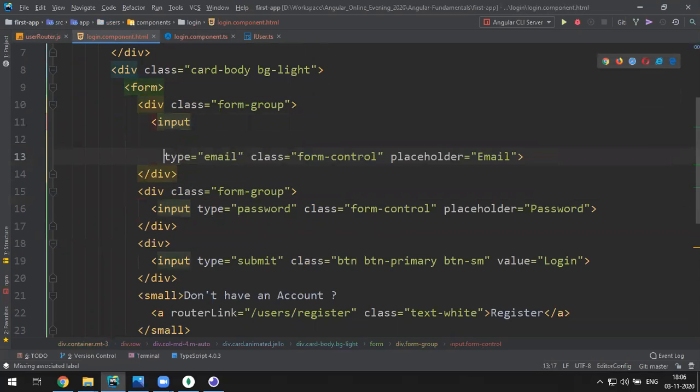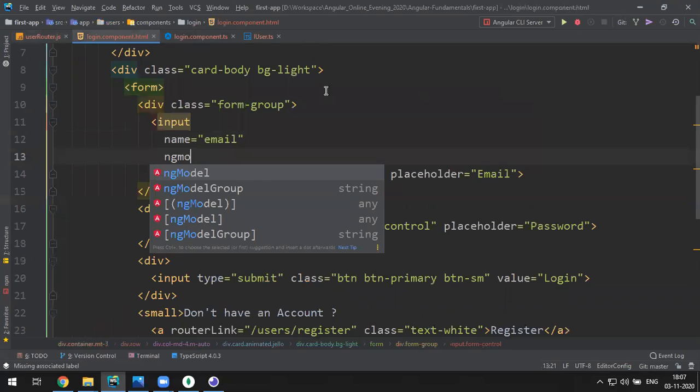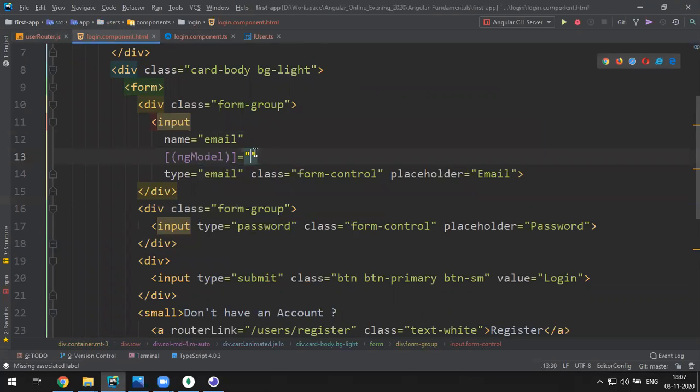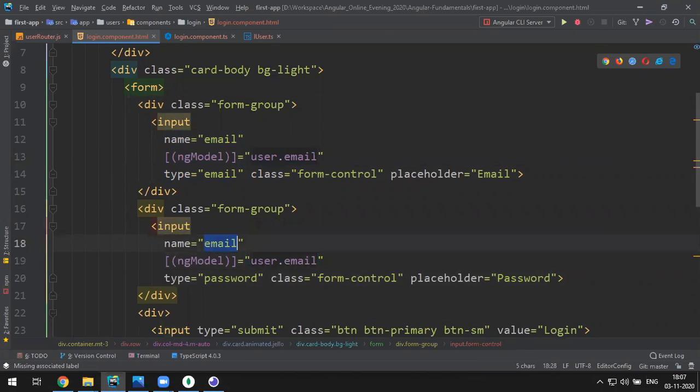So let's do that here. I have to give the name, that is email, and ng model. I say ng model, so user dot email. Okay, and same thing I'll copy. For password, I'll paste it. This name is password, and this is user dot password. Okay, and next,